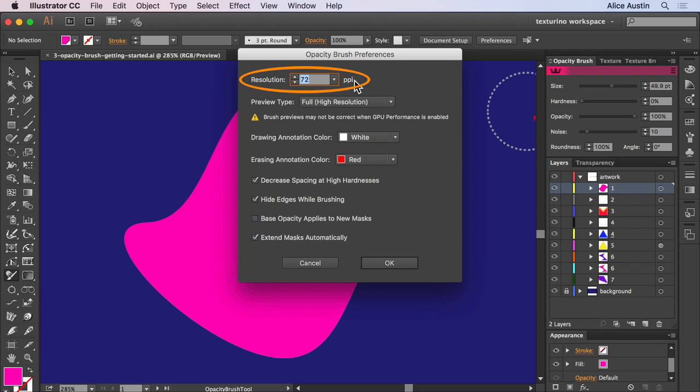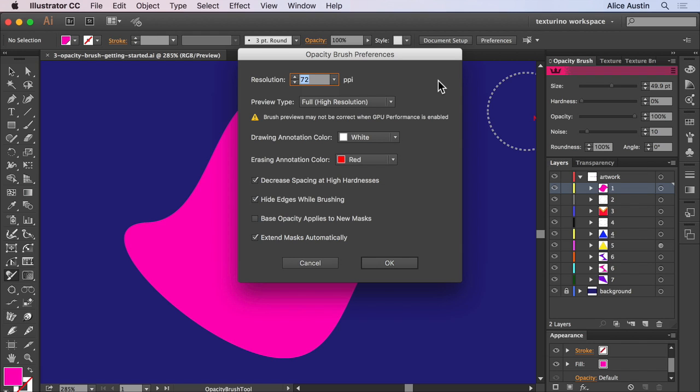So if it were for web, I'd use 72 PPI, 144 for retina, 300 for print, and 600 if I was feeling very cautious. We recommend you use a higher than needed PPI if there is a possibility of the artwork being scaled up later. Be aware that PPI is relative to your artwork size, and also a higher PPI may be slower to implement. This is for web, so I'm going to put it back to 72.